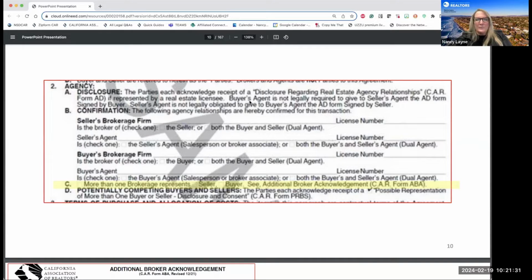And would a video summary of the contract qualify as reviewing with the client? Giovanni Ruiz, good question. Yes, it can, as long as it's clear. It can be difficult to say that if you just sent them a video of you talking about the contract, whether or not they actually paid attention to it or listened to it. I would prefer personally to send them first a contract, go over it with them, have them initial it and send it back,